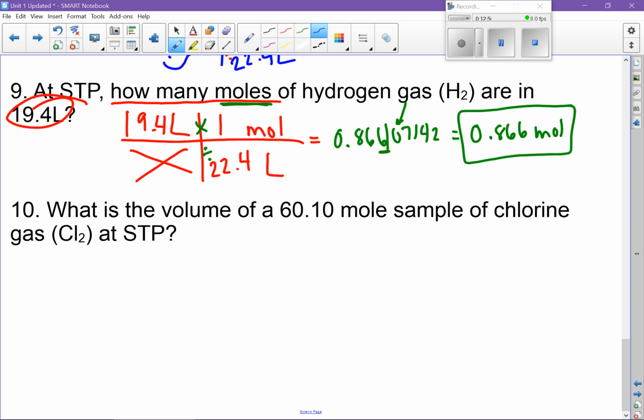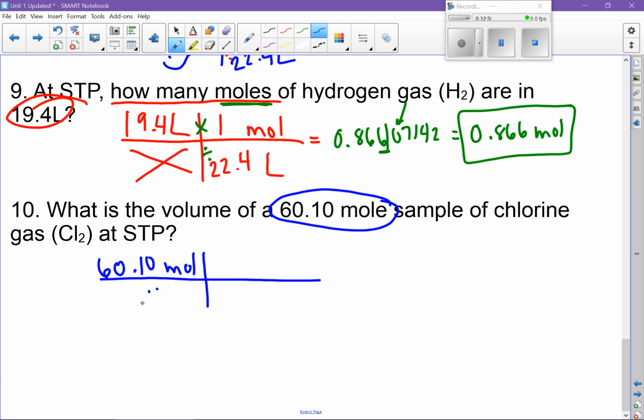Alright, last one. You did it! Right here is our number. That's what you start your fence with. Don't need anything down here. If moles is up, moles is going to go down. And we want to find what is the volume. Volume means liters. Then you can plug your numbers in. There's 22.4 for the liters, and moles always gets a 1. You're going to put this in your calculator, times on the top, divide down. So my calculator says